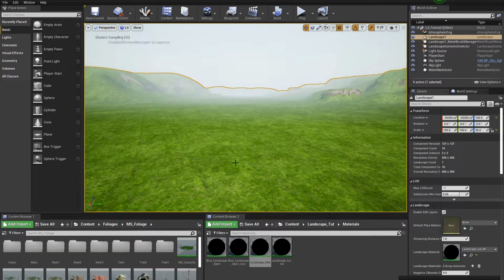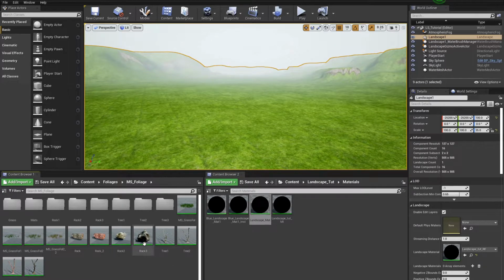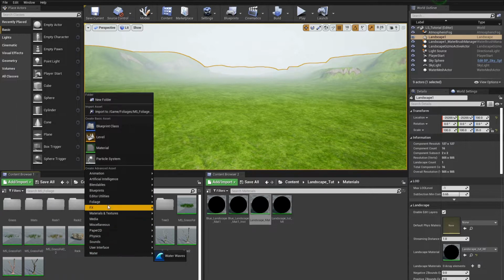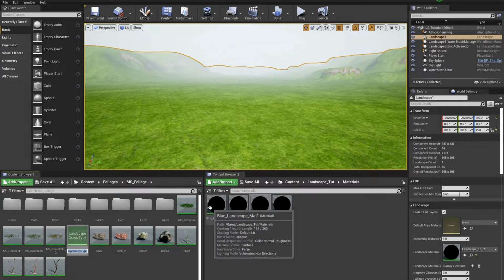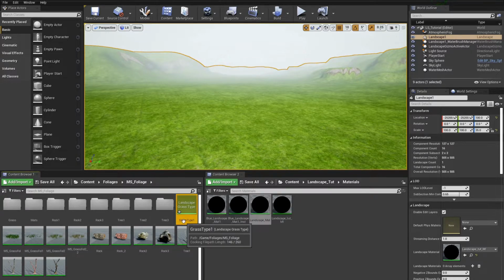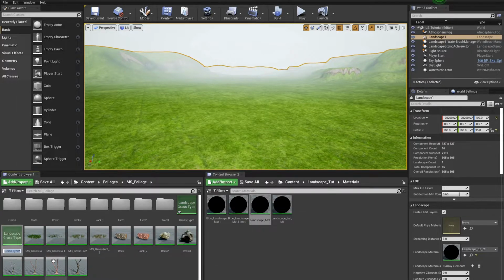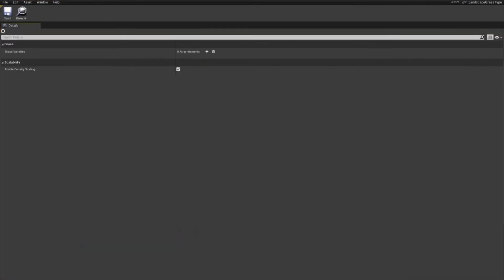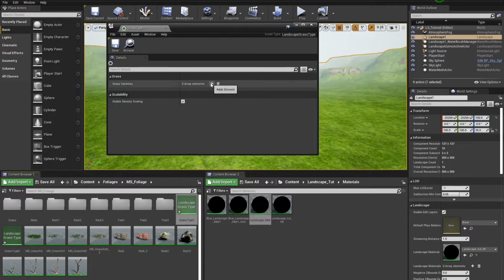Now to do that, first we have to create a landscape foliage or landscape grass foliage type. You can do that by right-clicking, go to the Foliage tab, and adding a landscape grass type. I'm just going to duplicate it because for demonstration purposes I am going to be creating two different types of landscape foliage. Now I will just click the plus icon 3 times and we will be assigning foliage to these